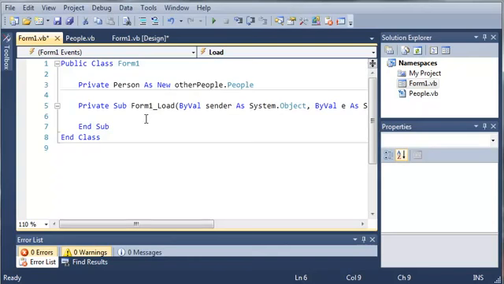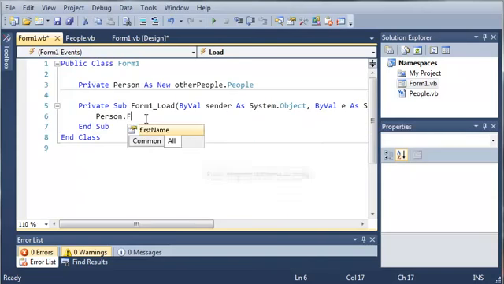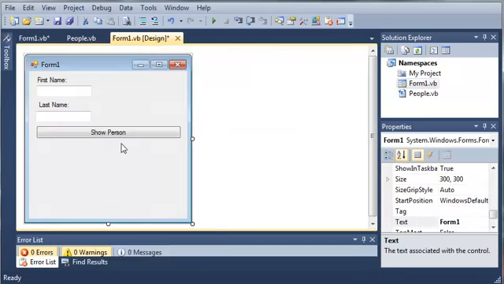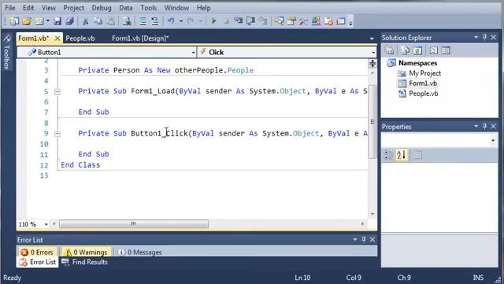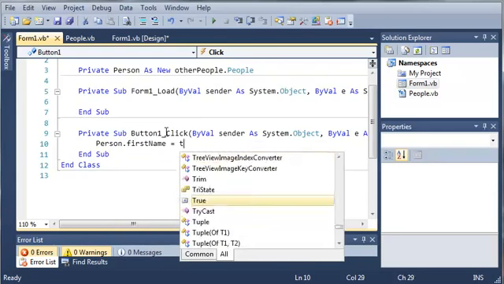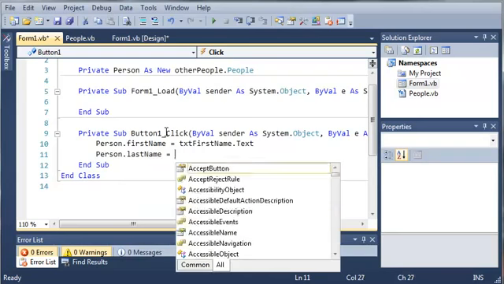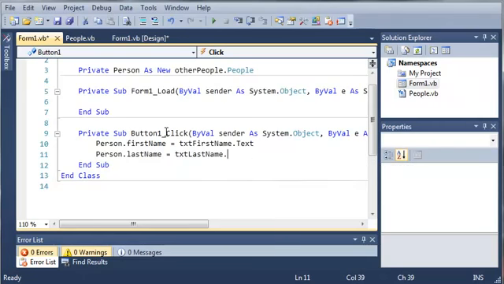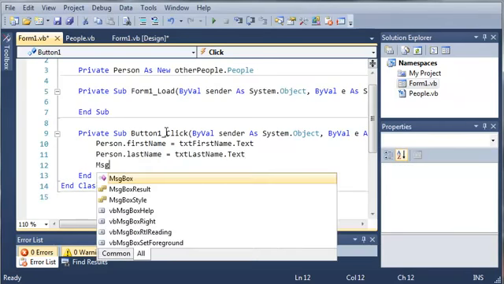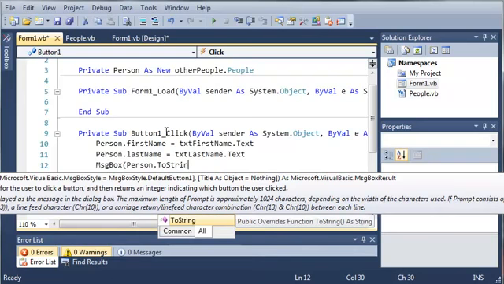Okay, so now what we can do is type person dot first name, or here, we need to leave that out of there. We need to come to our button 1 event click. So person dot first name equals text first name dot text, and person dot last name equals text last name dot text. And we'll just go ahead and show that in a message box. So we will type person dot toString,